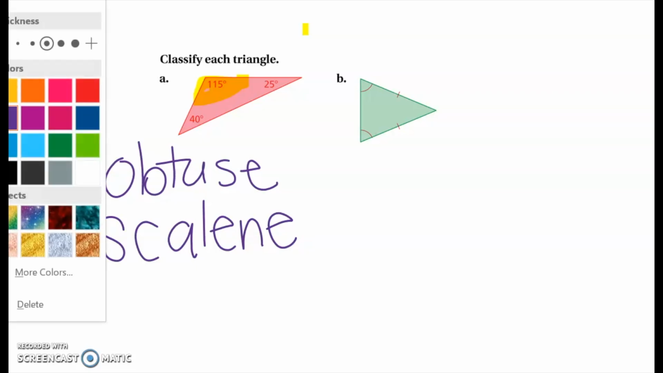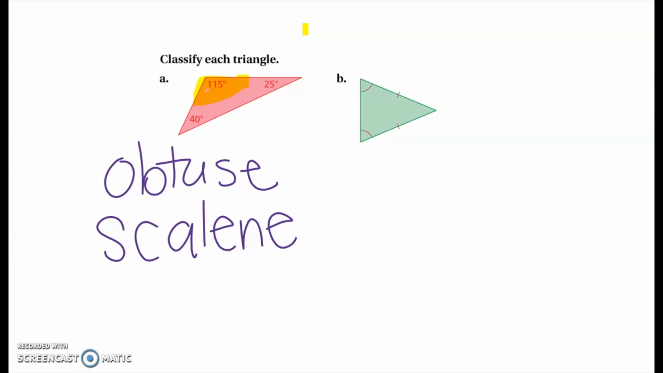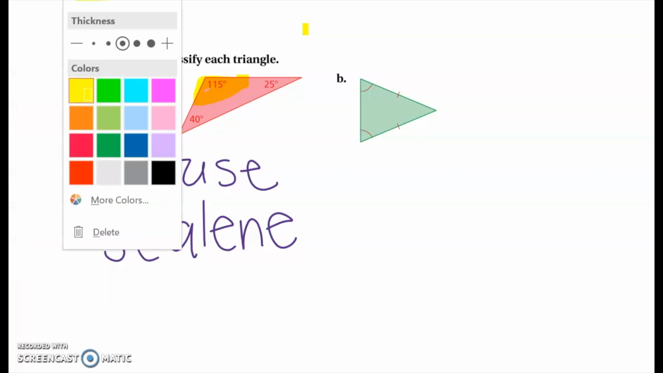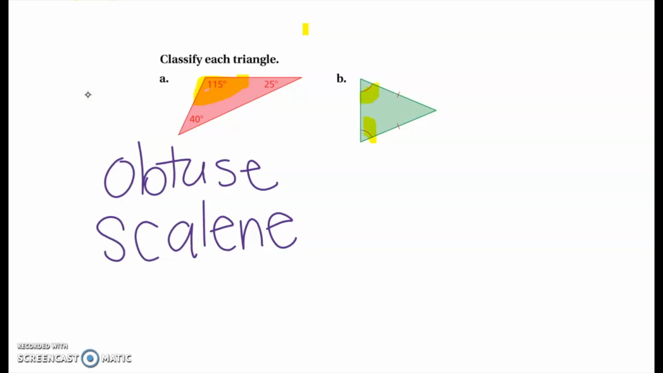All right, let's look at the green triangle, triangle B. There's a couple things that I'm noticing about triangle B. The first thing I'm noticing is that it's got these little arcs in the corner of the angles. Those arcs are telling us that the angles are the same measure. So we have two angles that are the same measure. We also see marks on the sides here, and that tells us that two of the sides are the same. So when two of the sides are the same, we would say it is